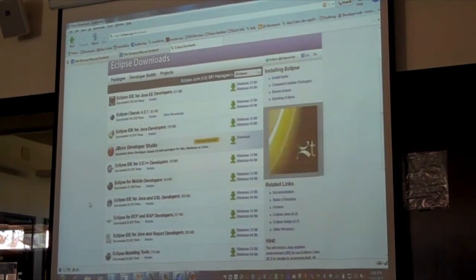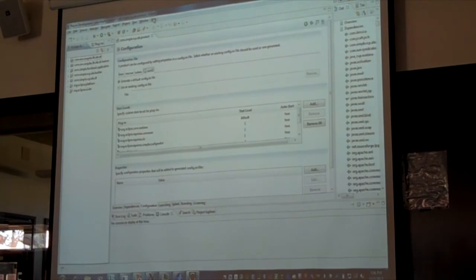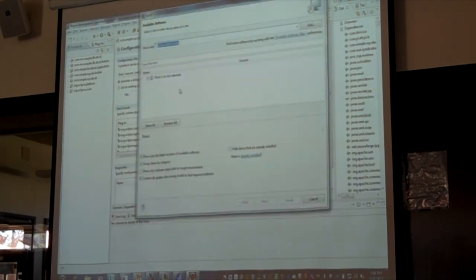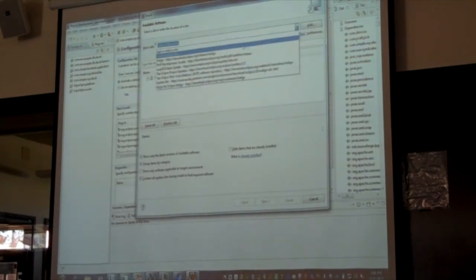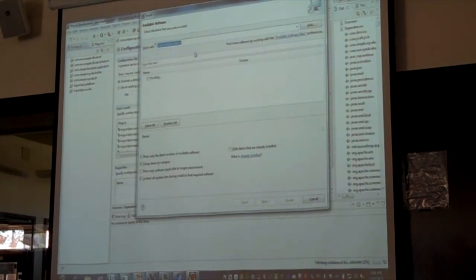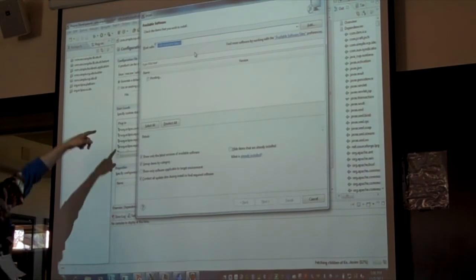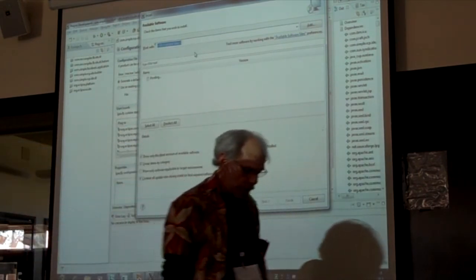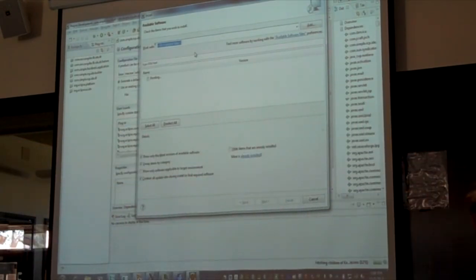So if you already have Eclipse installed, you can in fact go and then you can die of old age waiting for that list to come up. And when this finishes, I will show you there is an RCP feature that you can install into your existing